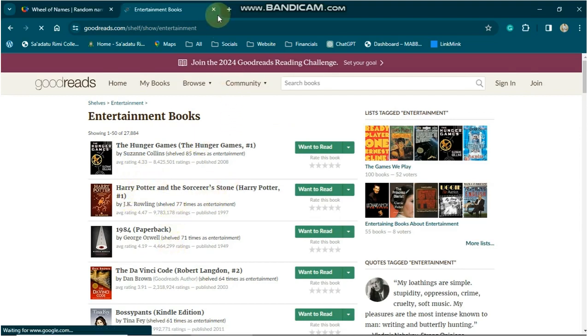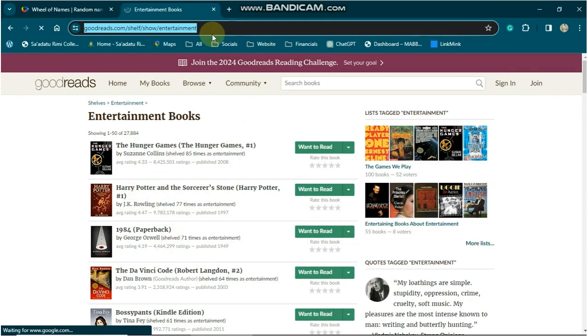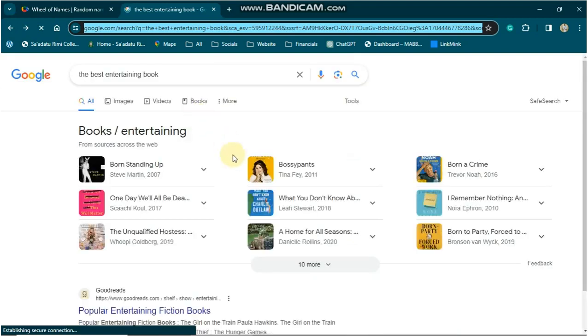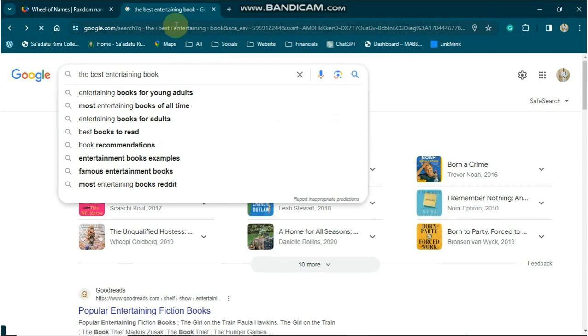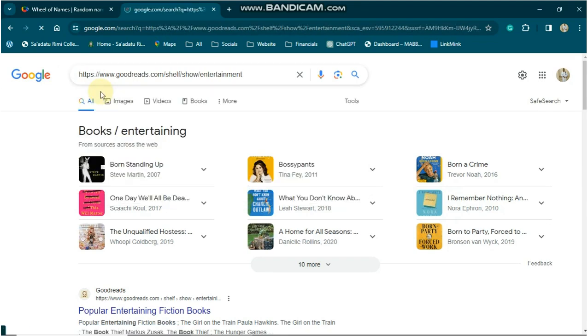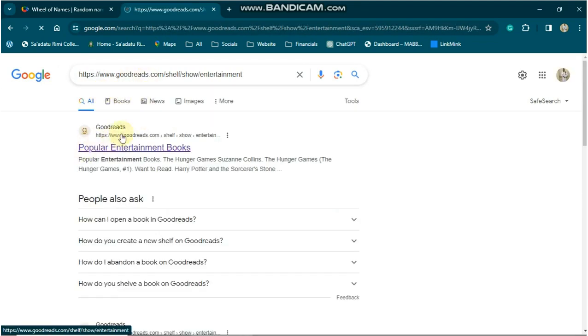So what to do next? Copy the website address. Go back to Google and paste the website address in the Google search box, not in the browser address box, in the Google search box. So we paste the address and hit enter. This is the website we have visited, goodreads.com. So now the next thing is,